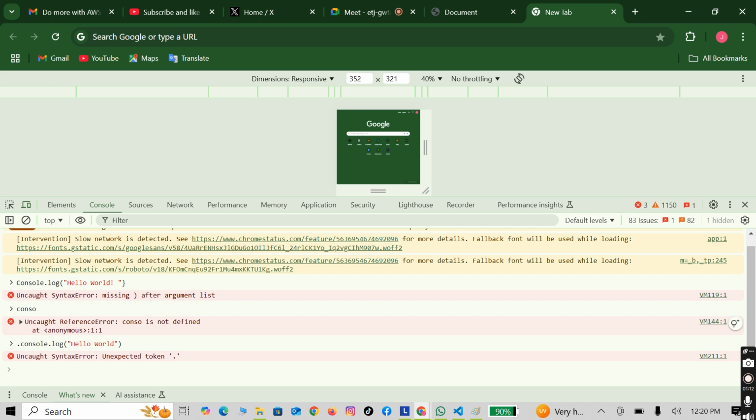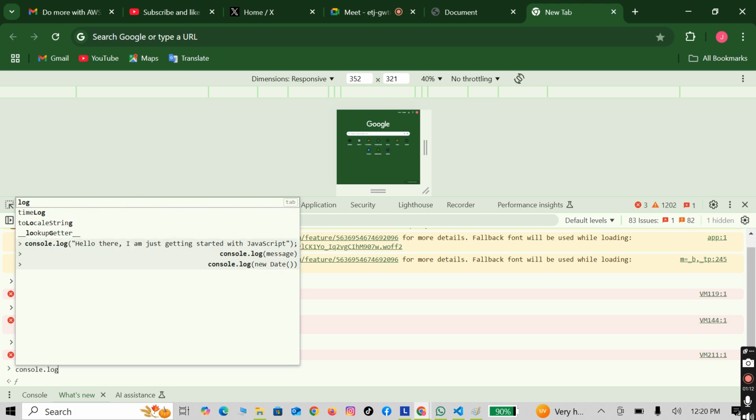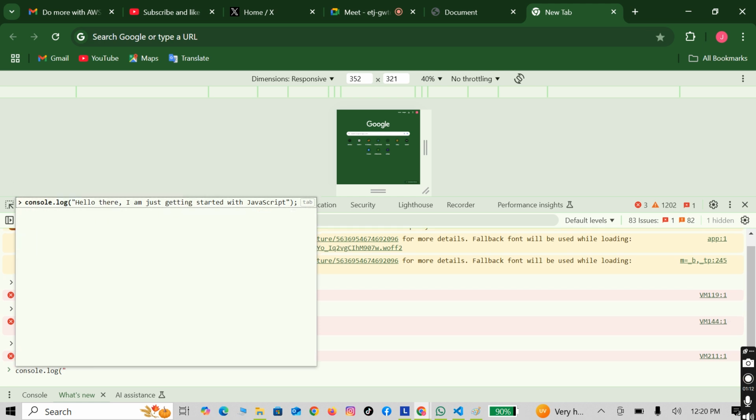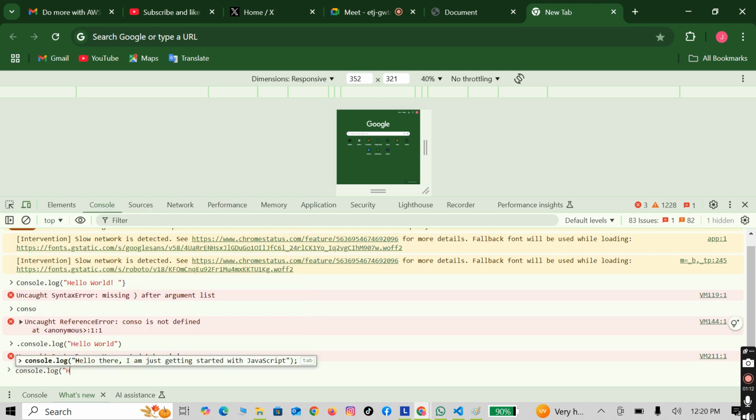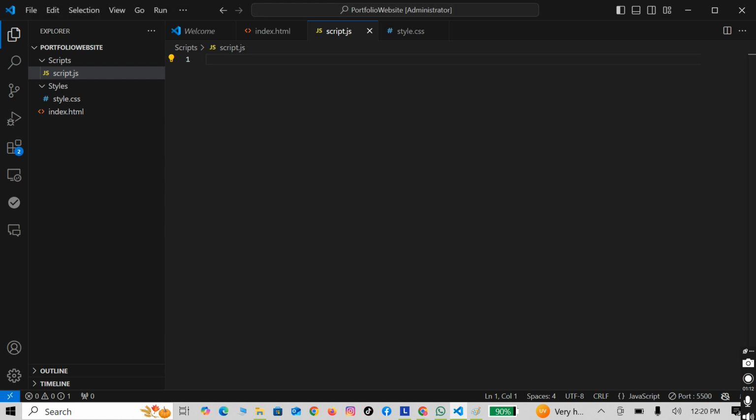Now, can't you just copy paste? console.log. Okay. Thank God we are not going to write code here. So it will print hello world as we've instructed it. So even if we come to this and print something, console.log,